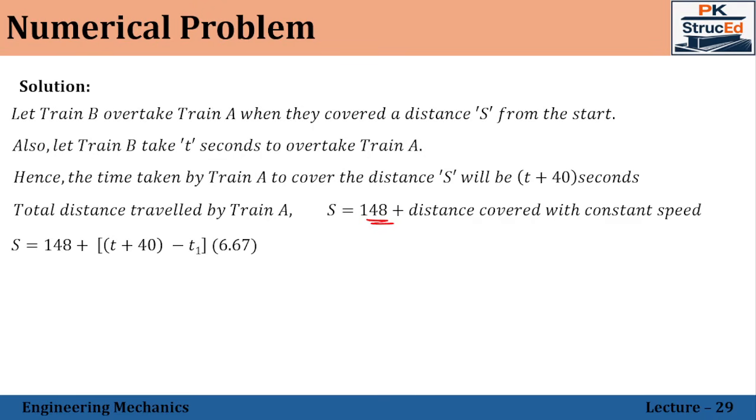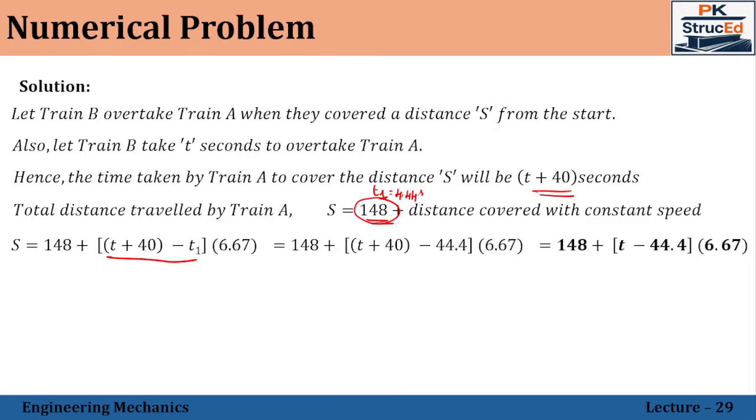Therefore, substituting this, we get s = 148 plus the distance covered with a constant speed, that is ut alone, in which u is given as 6.67 meters per second, that is 24 km per hour. The total time taken by train A is t plus 40 seconds, whereas for the first segment it has already taken t1 time duration. So that has to be deducted. That is why t plus 40 minus t1, and t1 has already been calculated, which is 4.44 seconds. So substituting that, we get the distance covered by train A at which train B will be overtaking as 148 plus (t minus 44.44)